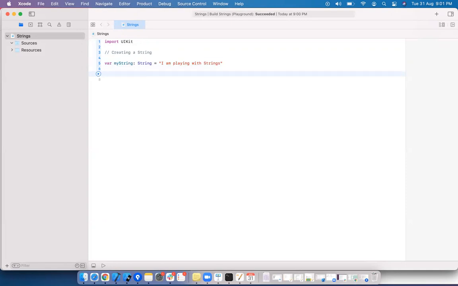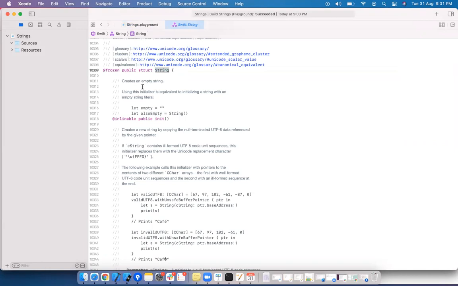What are the different operations we can perform? Let's see what exactly the string is here. Command and right click on the string. You will get this option, jump to definition. See, the string is a data type, whether it is a class or a structure. It is a structure. Data types can be created by using three different ways, right? One is enum we can use, another one is structure we can use, another one is class. By using class, we can create new data types.